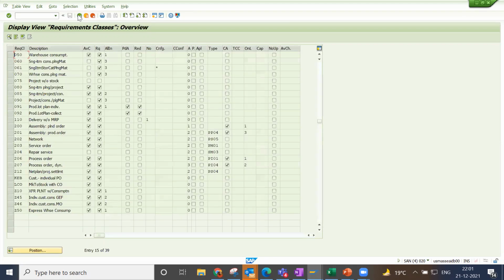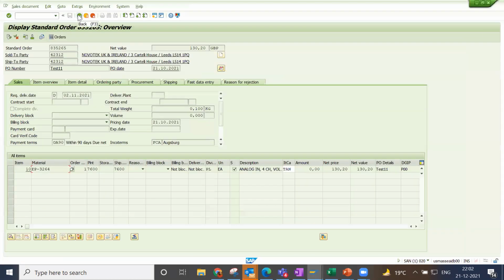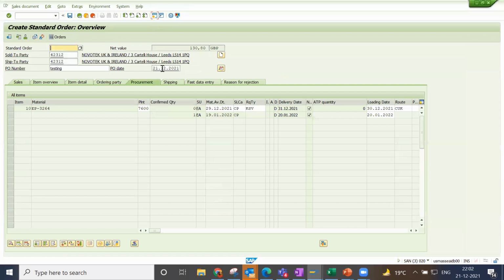The requirement class actually controls how the system should confirm the quantity in the sales order. Based on this, we have got the delivery date and the confirmed quantity date. So we ordered on 31st December, but we got the confirmation on 20th of January based on the MRP as well as the availability check.